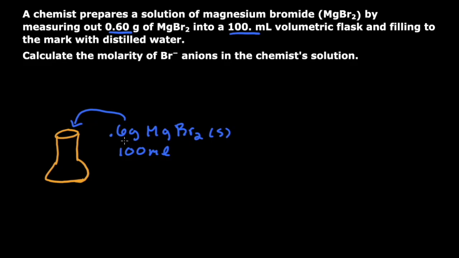And when we take the 0.6 grams and put it here as the solid, and then we add the water, this is going to go from a solid to an aqueous. So this is now going to be an aqueous solution, which means this is all going to be dissolved in here. And once it's dissolved, we're going to get the two ions, which are going to be the Mg and the Br. And so that's going to be a reaction that we can write down. And so I'm going to put down that we have